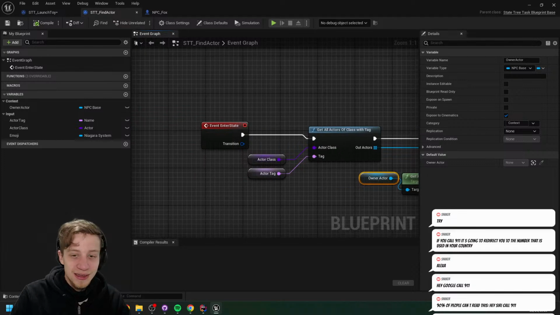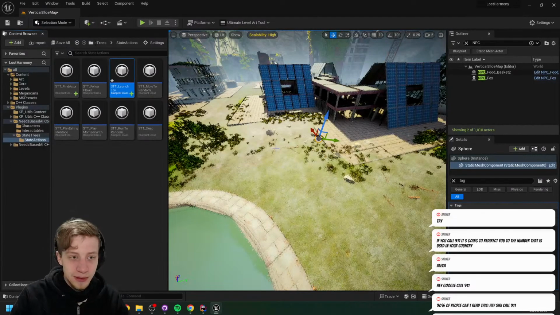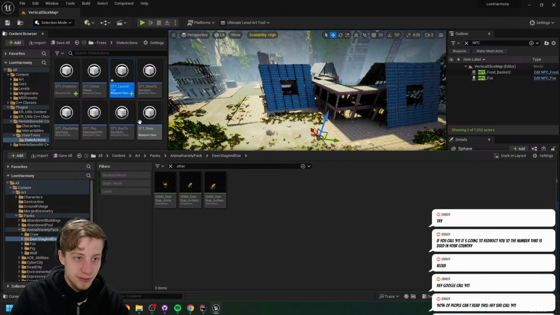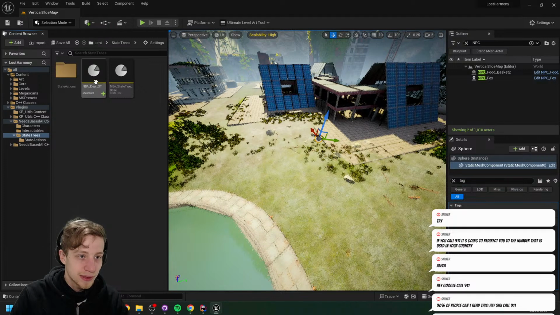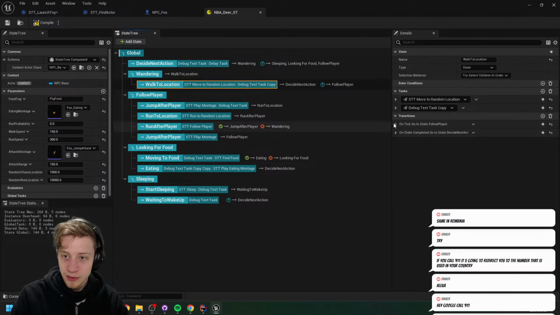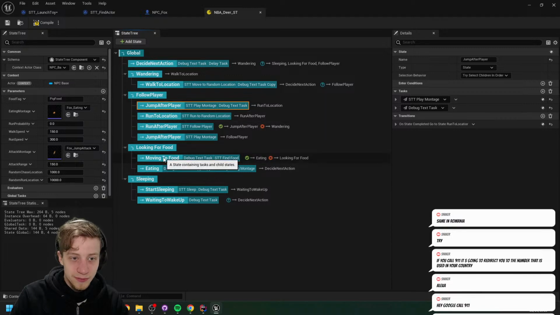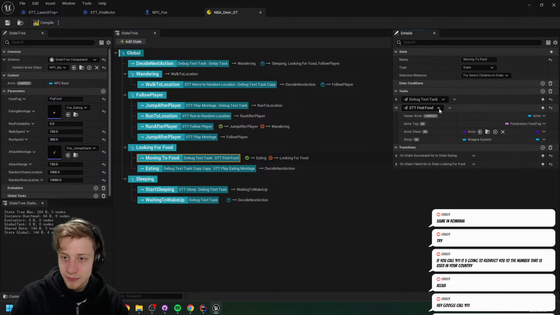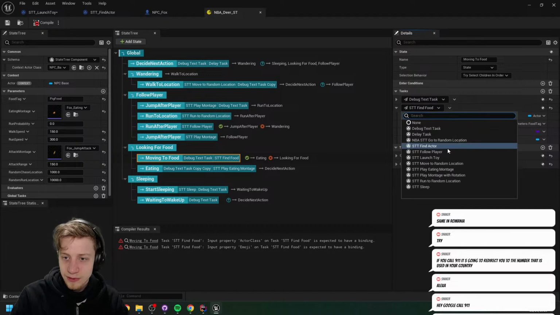Okay, okay, this should work now. Let's see, now we need to fix making this universal. Kind of managed to successfully mess it up, of course. That's how it goes. But first, I'm moving to food. Wait, find to food is not valid anymore, right? This thing doesn't exist. So we have find actor here.